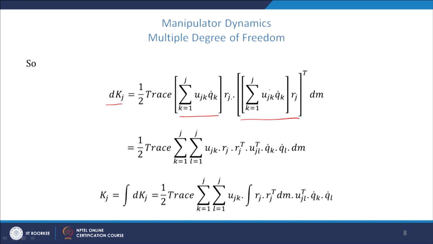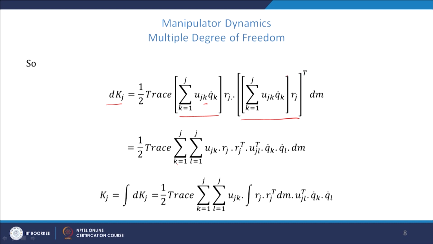Now, if you multiply two summations, each varying from 1 to j, there is a double summation. So we replace one variable and call it k, and the other variable is called L here. So k varies from 1 to j and L varies from 1 to j, and if we take the transpose of